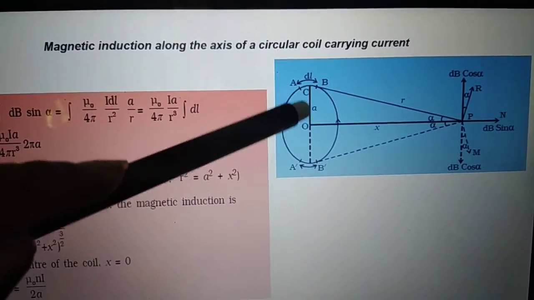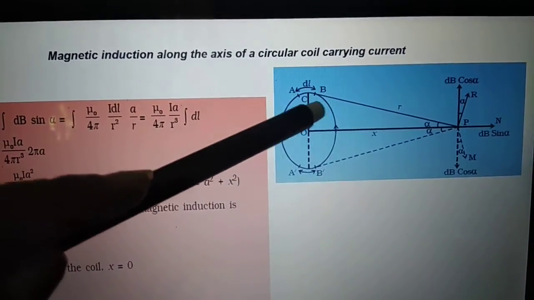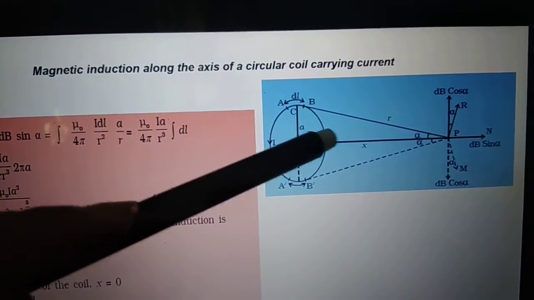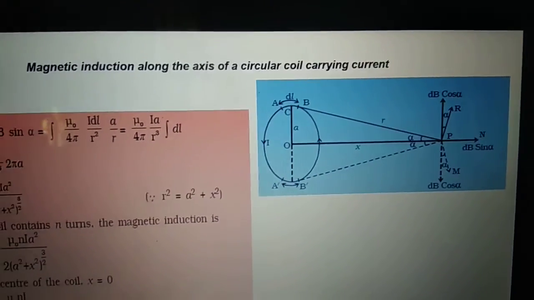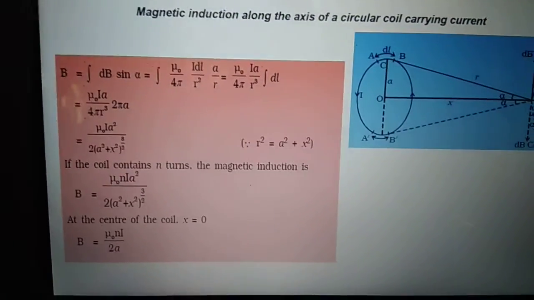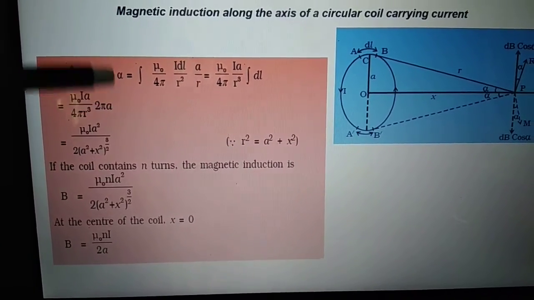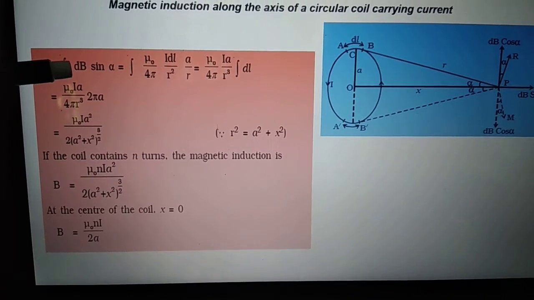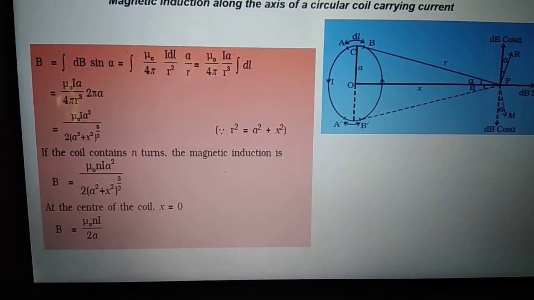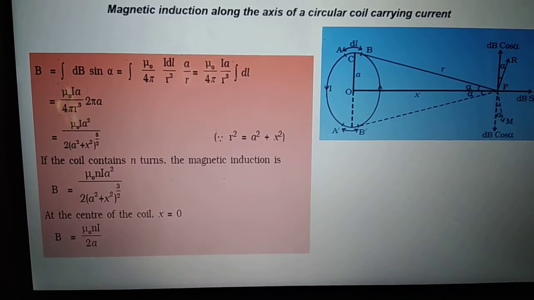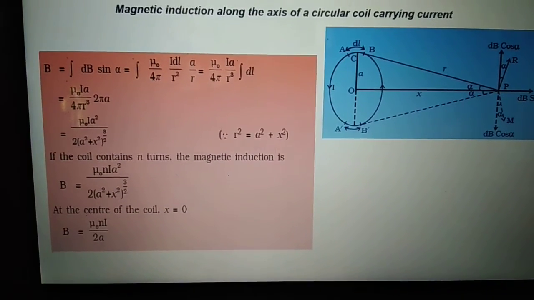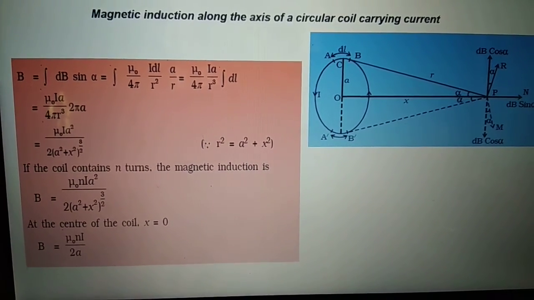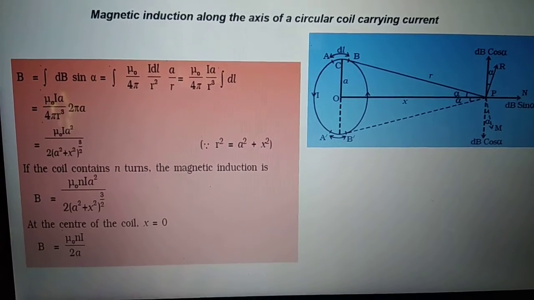As you can see, the loop is hollow. Magnetic field is only due to current on the periphery, not in the center. But I am trying to find the value of the magnetic field in the center, on the axis of the loop. So I will project dB and write it as dB sin theta. After that, it's the same expression: dB is mu naught by 4 pi I dl sin theta divided by R square. In this case, the value of sin theta is taken to be 1 because the length element and where I am finding the magnetic field are in the same direction.